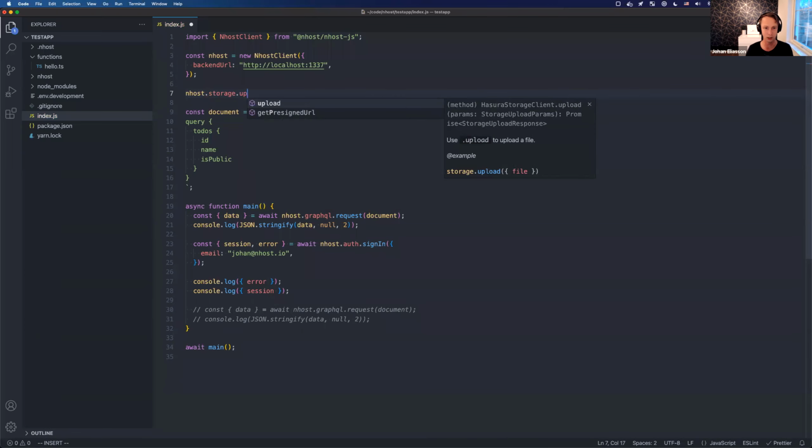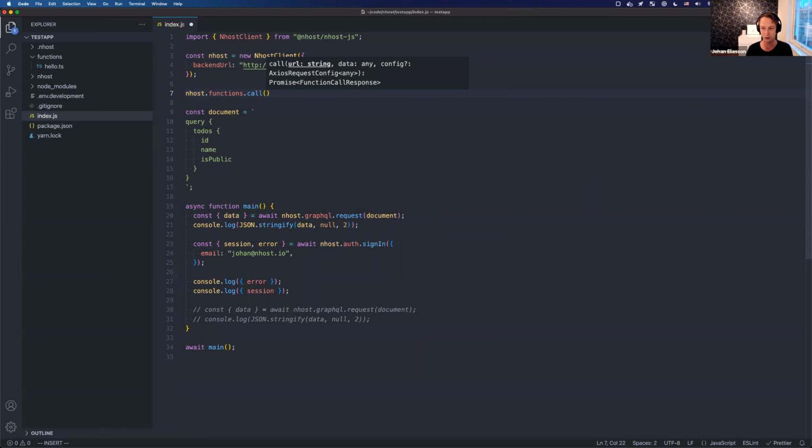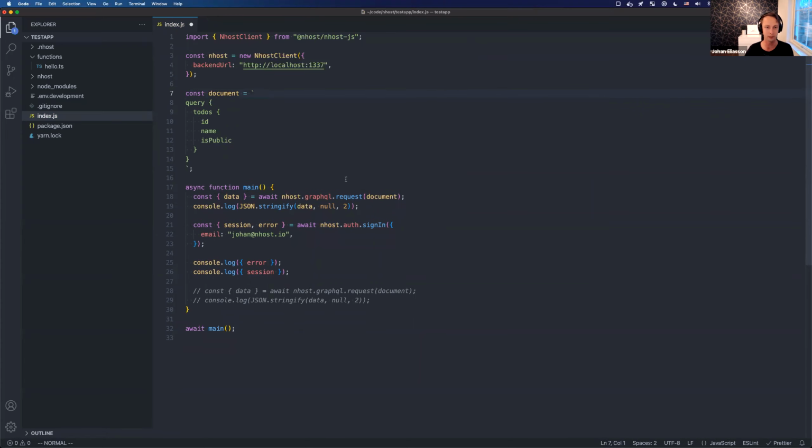Storage to upload files, for example, and functions to basically call functions. These are serverless functions that you have running. And the SDK will take care of all access tokens and making sure the requests are sent with the correct headers, etc.